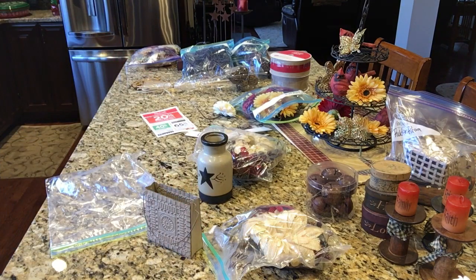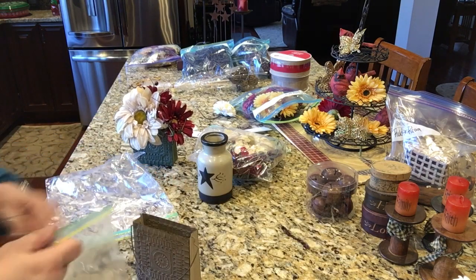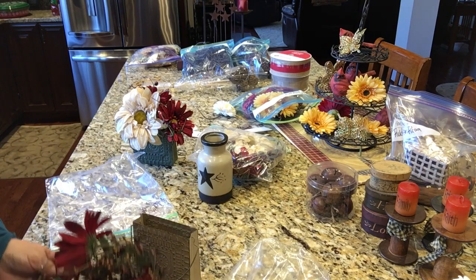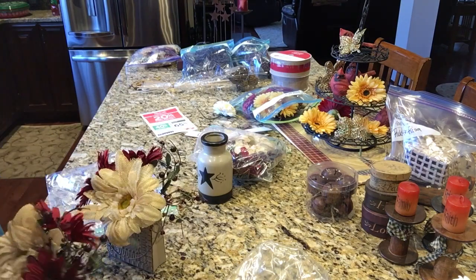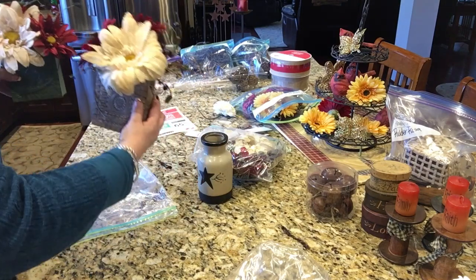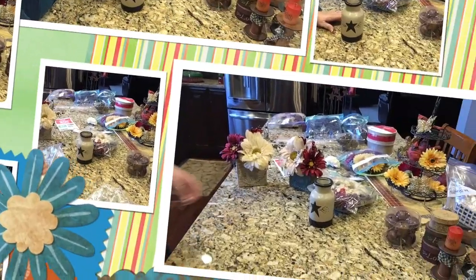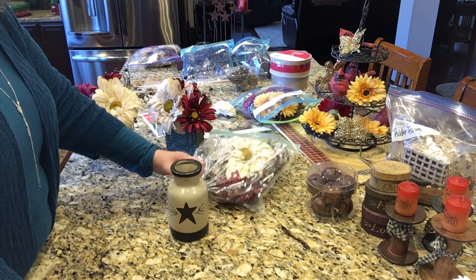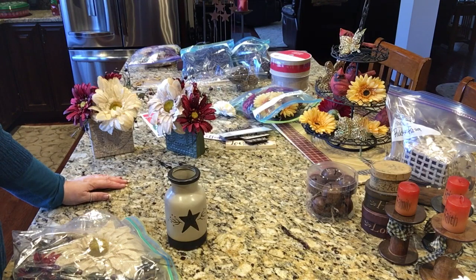Okay, so there's one. Now I need to do the opposite to this one. There we go. You see that they're opposite of one another, and they'll sit in opposite windows. I hope you guys don't get bored when I'm doing these little arrangements. These are no big deal, easy peasy to do. So you guys are probably thinking, gee whiz, Arlene, I think I could have done that. But